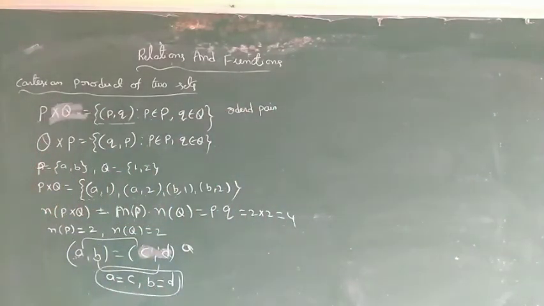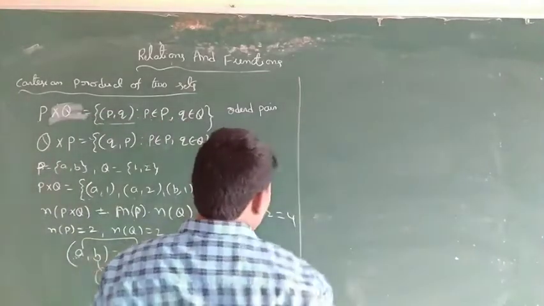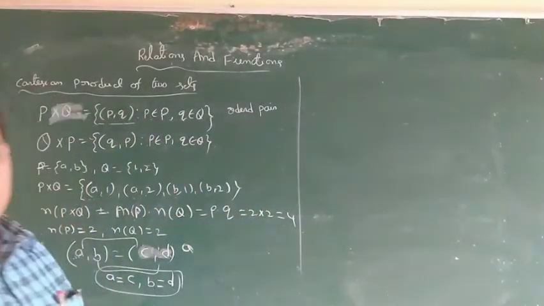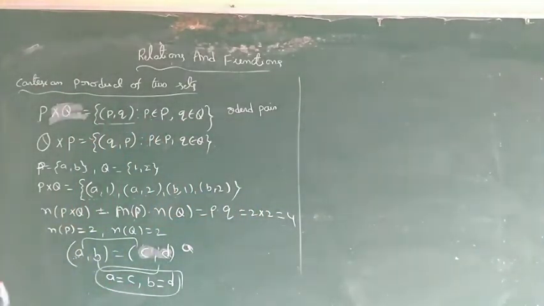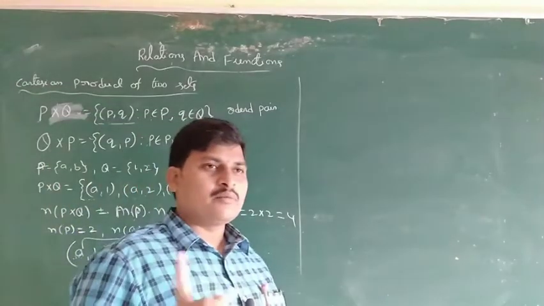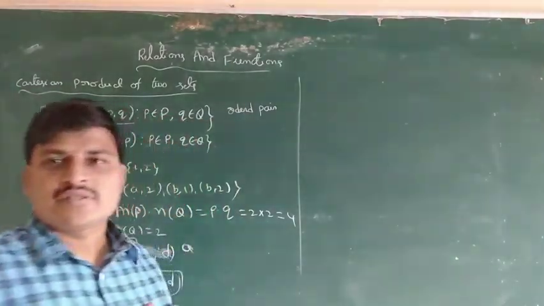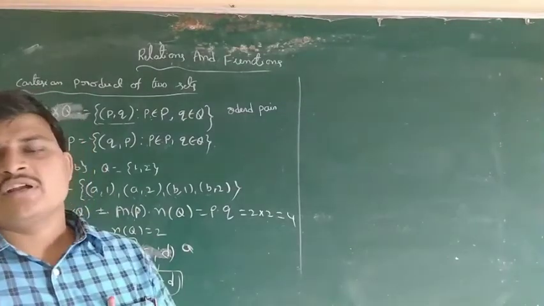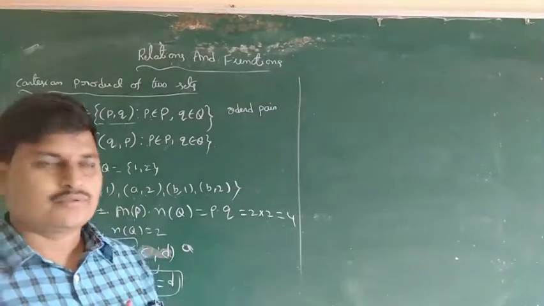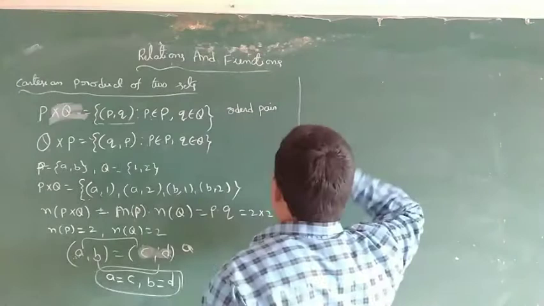One student has a doubt. What is the doubt? Prime numbers and odd numbers. Are all prime numbers odd numbers, or are all odd numbers prime numbers? This is the doubt. First, odd numbers.